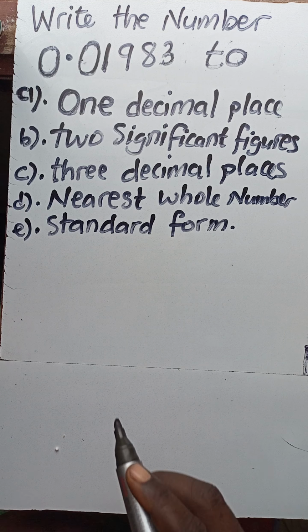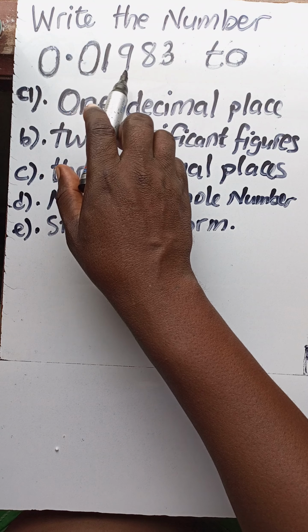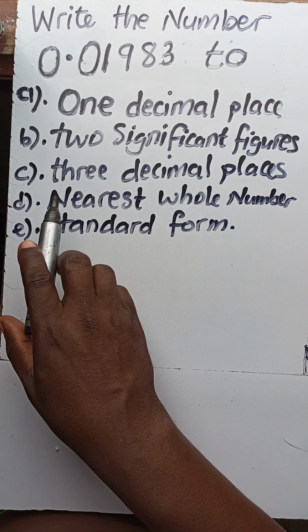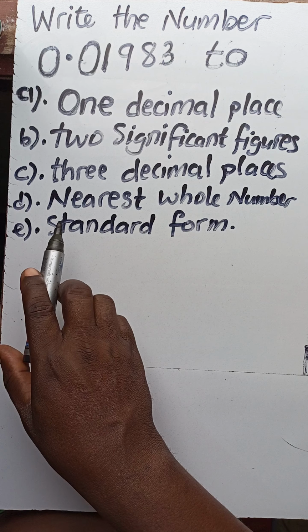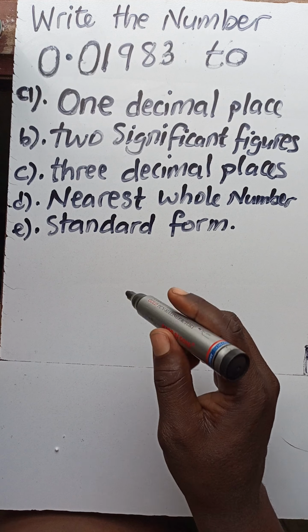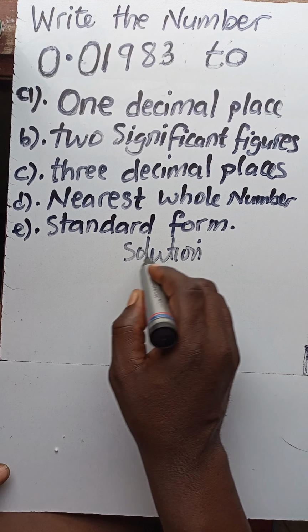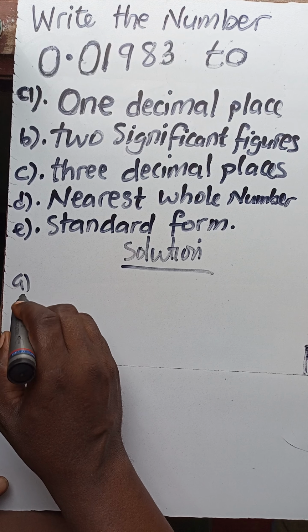Hi, how can we write the number 0.01983 to one decimal place, two significant figures, three decimal places, to the nearest whole number, or in standard form? If we take the number